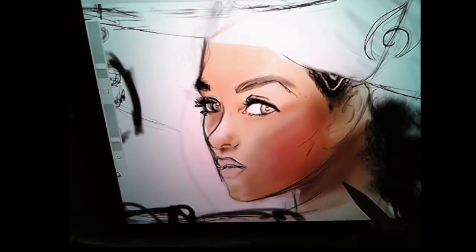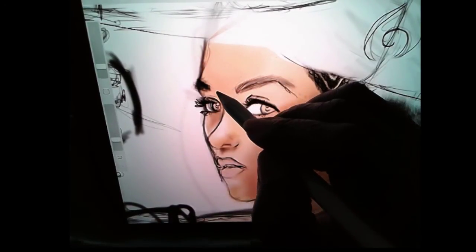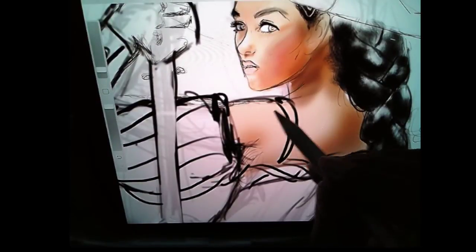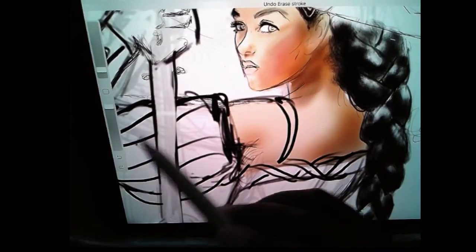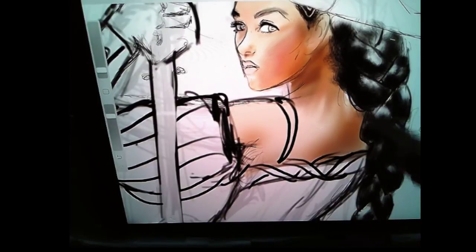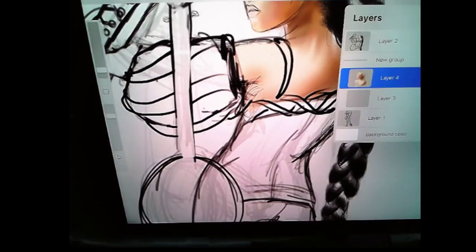I want this one definitely to be darker here. She's got more of a forehead than I gave her. That's all right. Keep going here. Whoops. No erase, no erase. Okay. And we'll just bring some of these colors in to the back side here. And the fun part is putting it everywhere else. Hopefully,